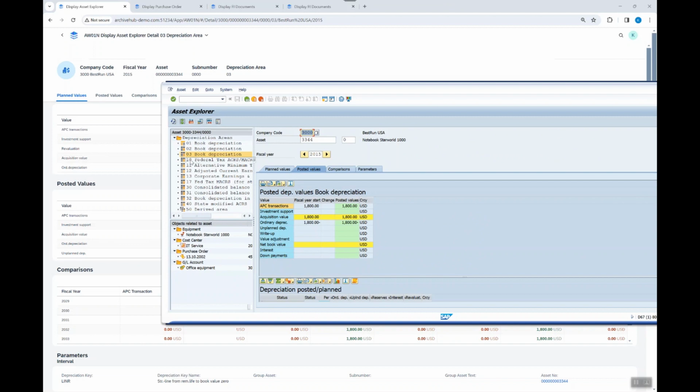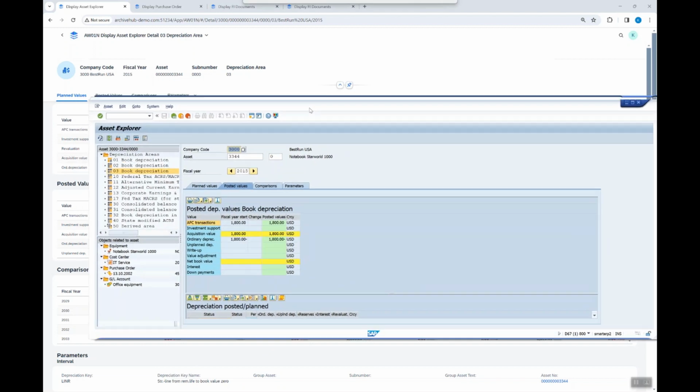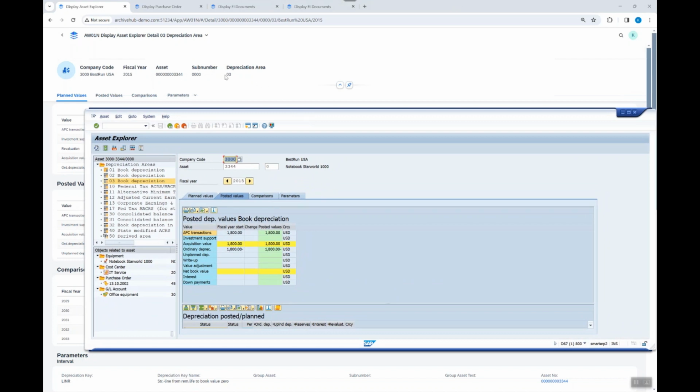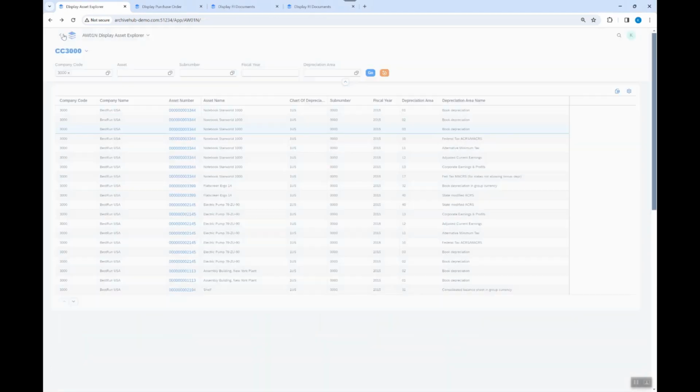Then you can actually drill down into further other depreciation area as well. This is area 3. That's what you see, the 3. All right, moving on to the next